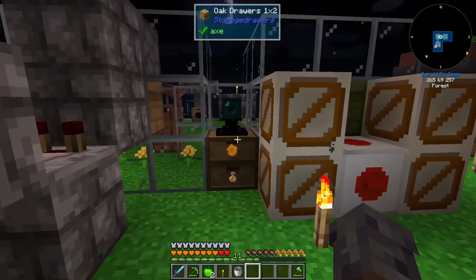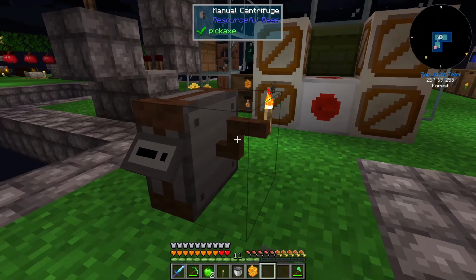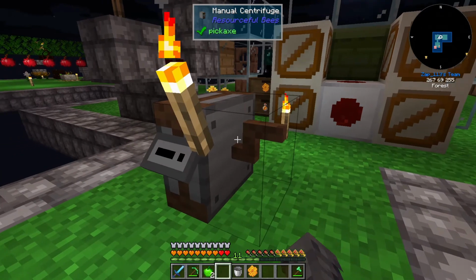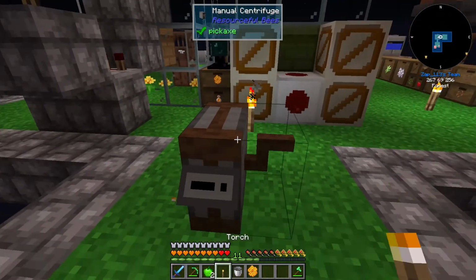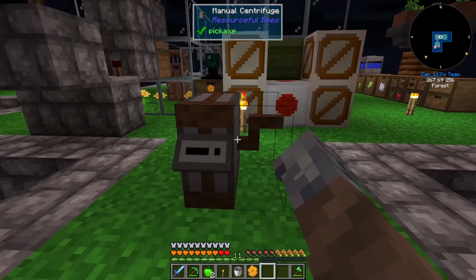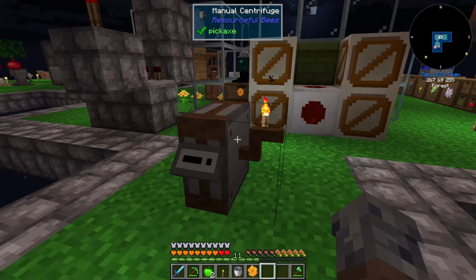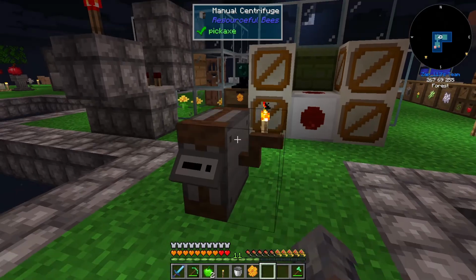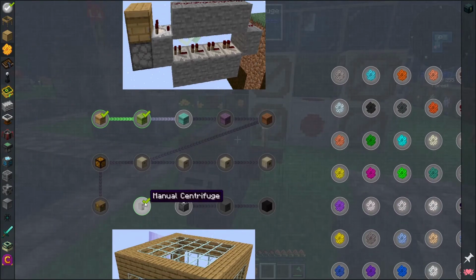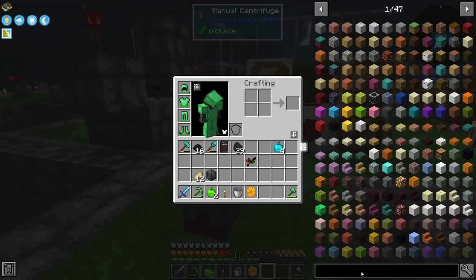Let's throw this guy here. And we'll throw a stack in there because why not? Do we need something in our hand? Oh, we can put a torch on it. Neat. That is weird. I'm holding shift. Huh. Yep. I don't know what's going on and why that's not working, but